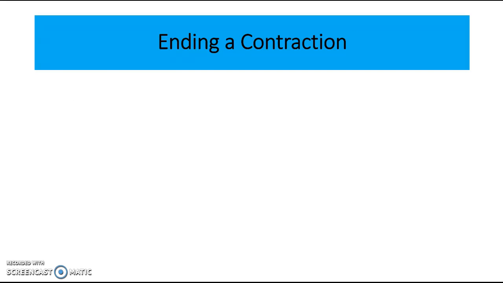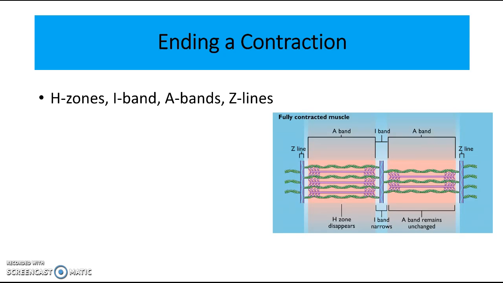So now we're just going to look at how the contraction is ended. In a fully contracted muscle, the H zones within it have disappeared completely, and the I band has completely narrowed all the way down. Also, the ends of the actin myofilaments have overlapped, as well as the A band remaining an unchanged length. So once a response has been performed, for example once the goalie has caught the ball,